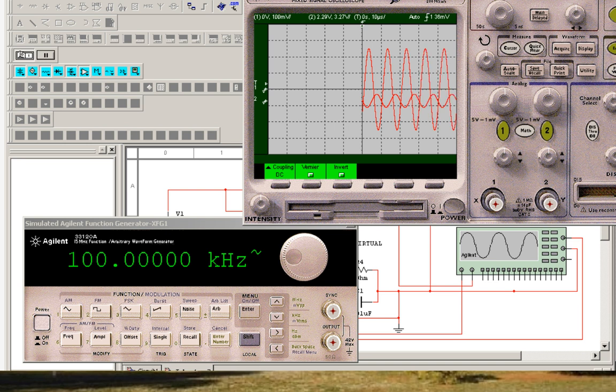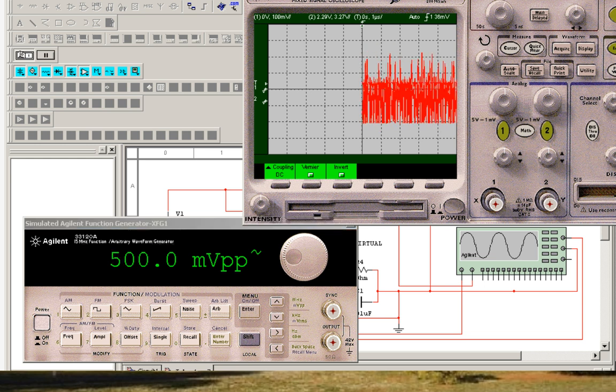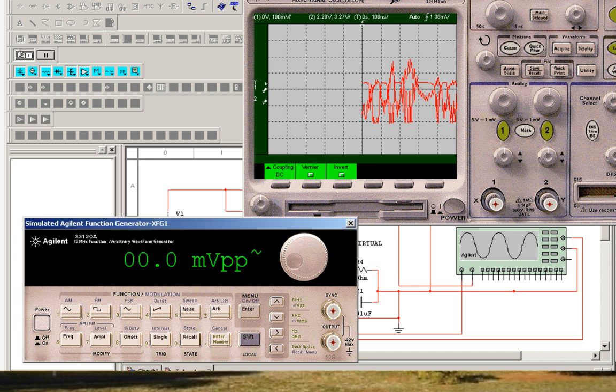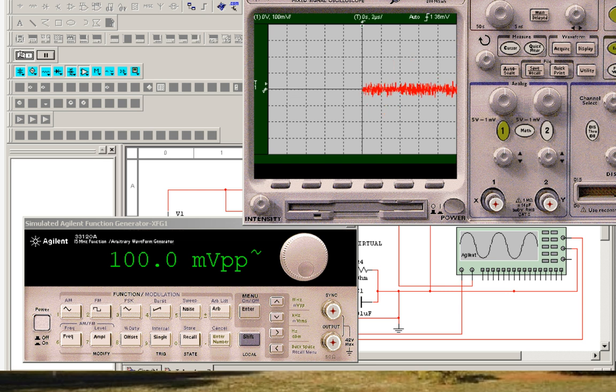Okay, so let's do this. Let's go to noise. Let's put this down to 100 millivolts peak to peak. Okay, so you can see there's noise being generated. Now if we look at the output,